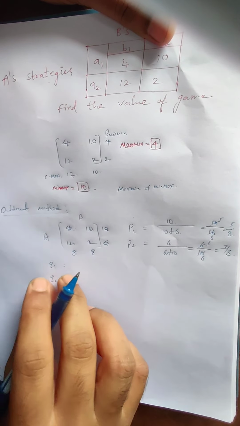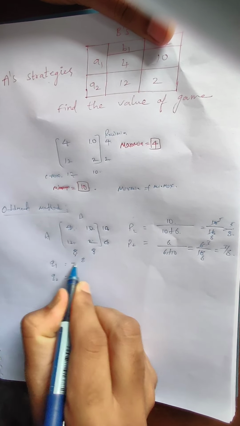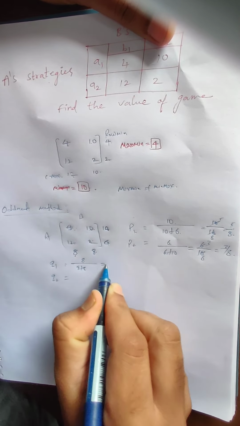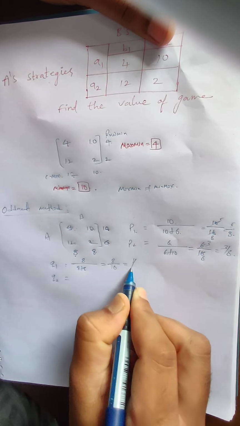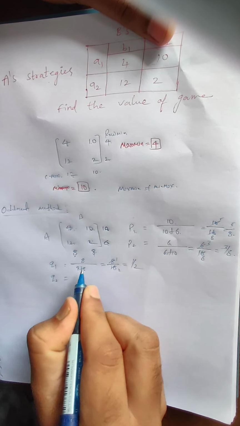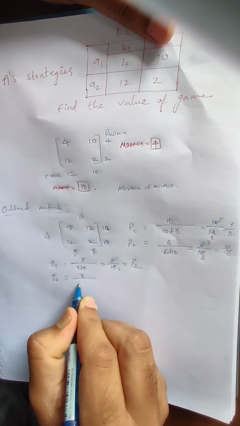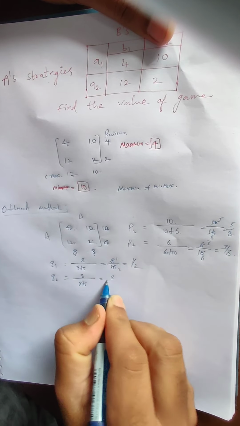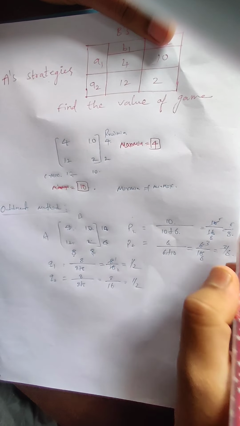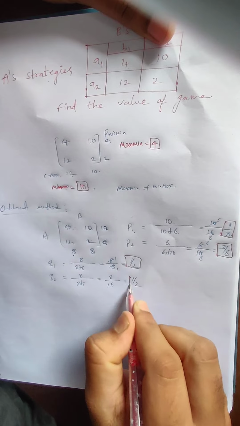Now in a similar way we can calculate the probabilities of Q1 and Q2. Consider this oddment, write it in the numerator divided by the summation of both oddments. 8 plus 8, that equals 8 by 16, equal to 1 by 2. 8 ones are 8, 8 twos are 16, that is 1 by 2. Now consider this oddment, write it in the numerator, and in the denominator the summation of oddments. 8 plus 8 equal to 8 by 16, that tends to 1 by 2 again. So now if you observe, we got all the probabilities, that is P1, P2, Q1 as well as Q2.